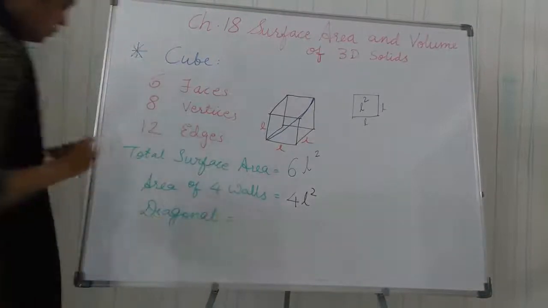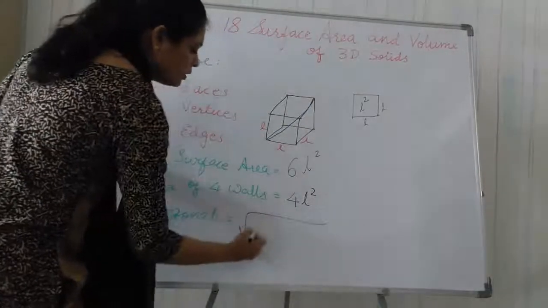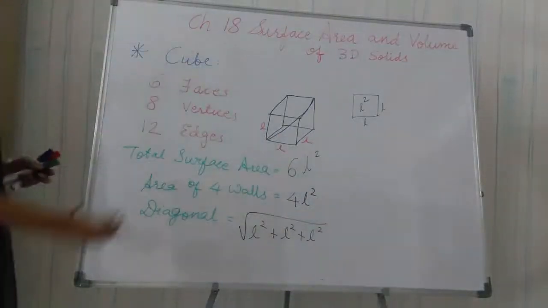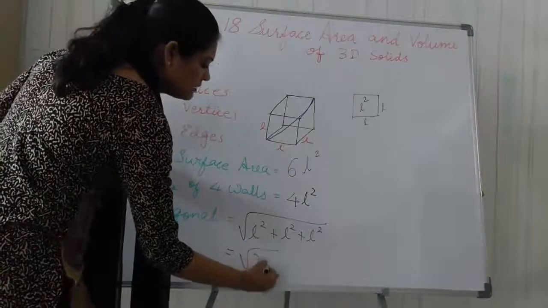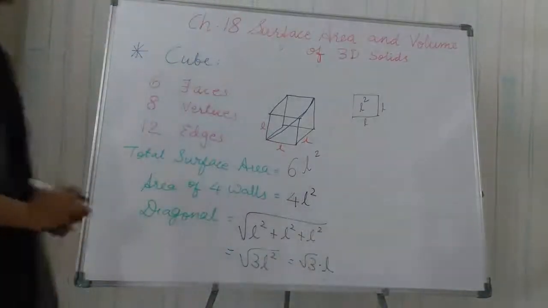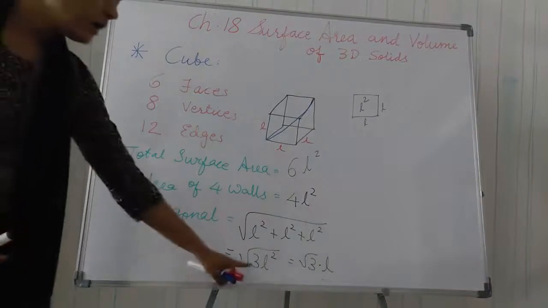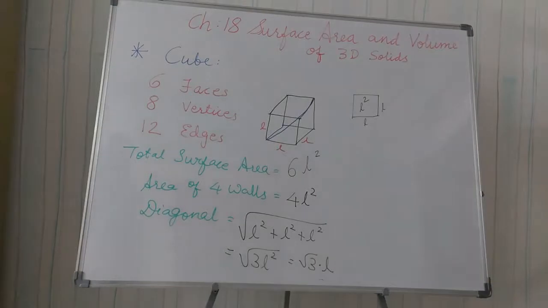That is equal to, since it is three-dimensional, the square root of L square plus L square plus L square. You can write it as the square root of 3L square. So we can write it as root 3 into L. This way also you can write, and this formula is also correct. I have taken root 3 separate and the square root of L square as L. So I think all of you are clear with this information, students. Now you can understand the cube very easily.